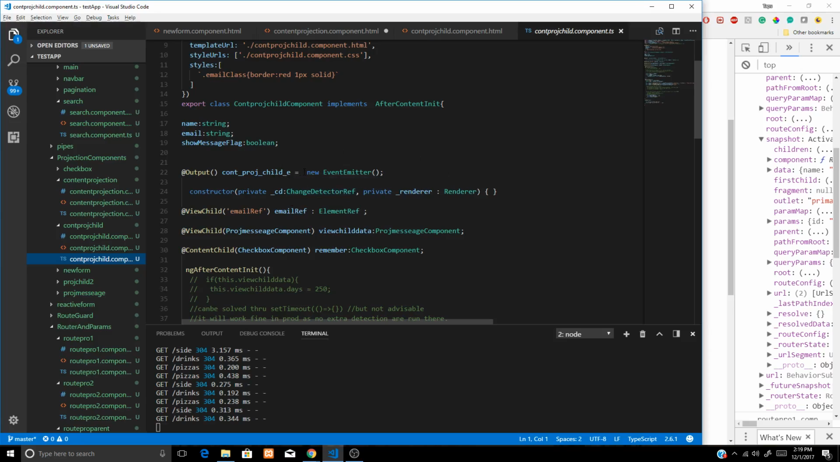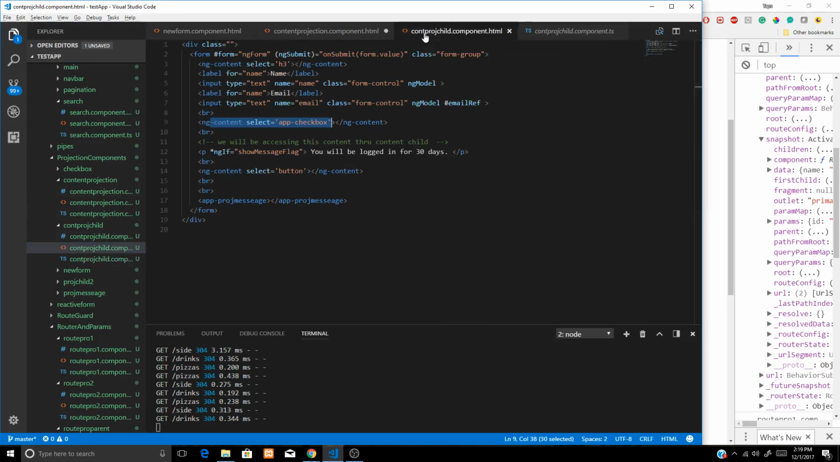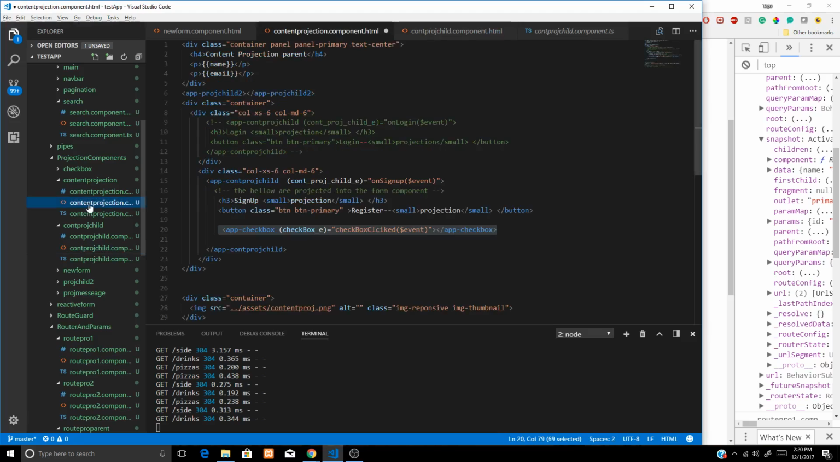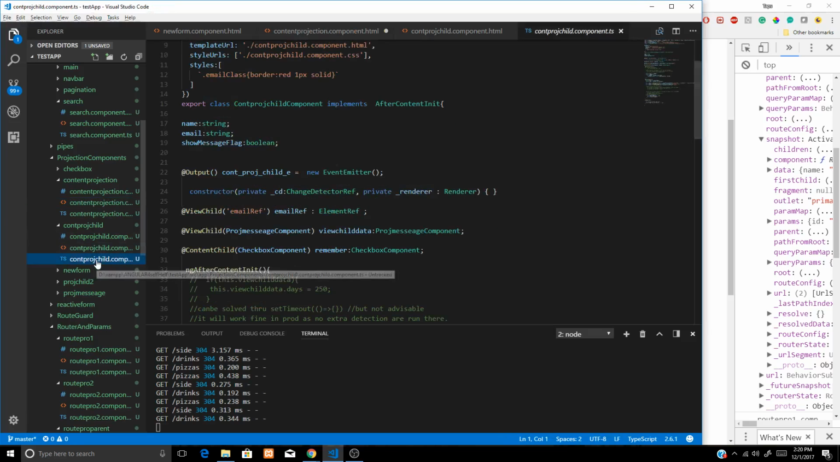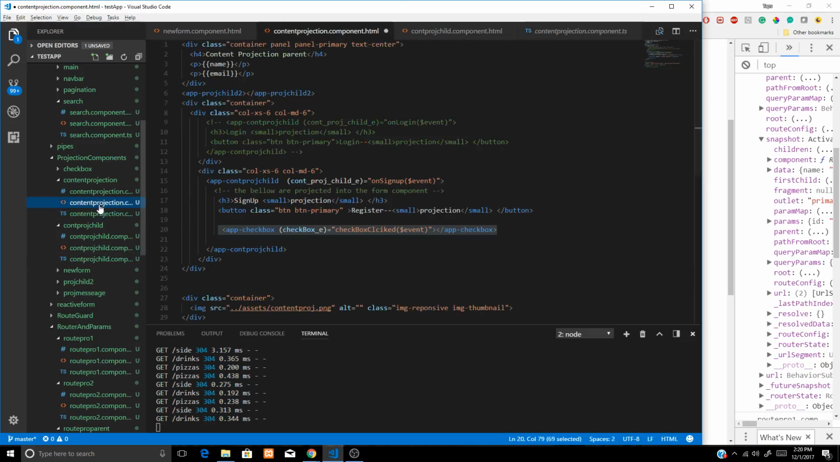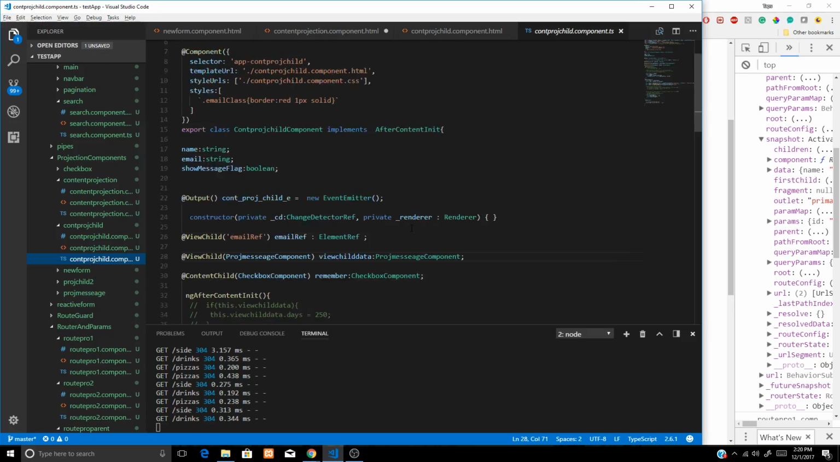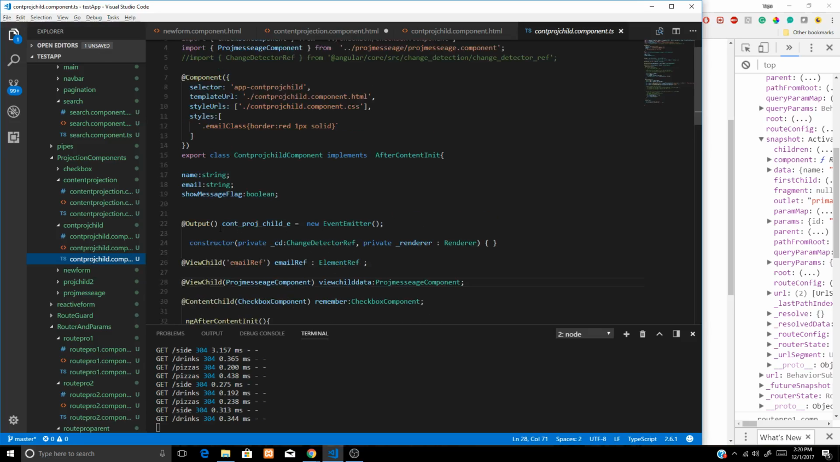So differently here, if you see our checkbox that we are projecting has an event called checkboxEvent. So inside the project child TS, we will be catching that event, onCheckboxClicked. So let us go here inside the TS file. To do it, we're going to